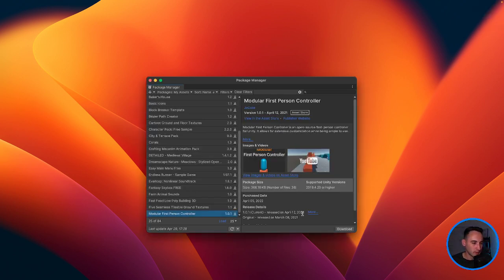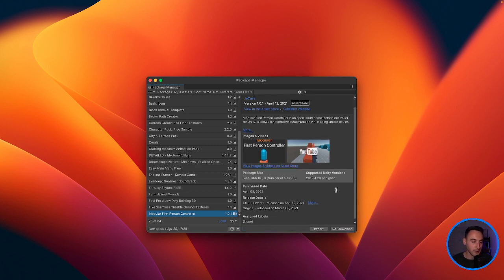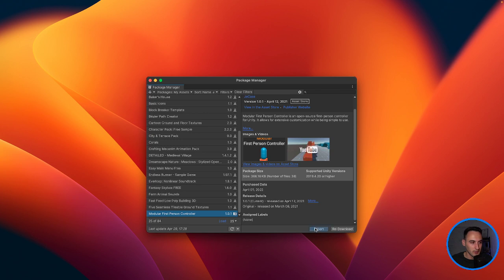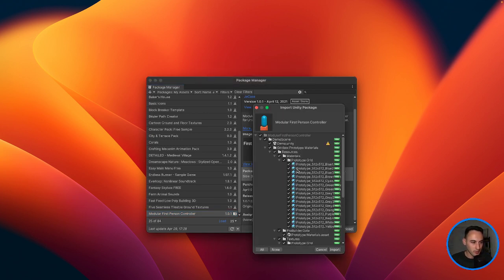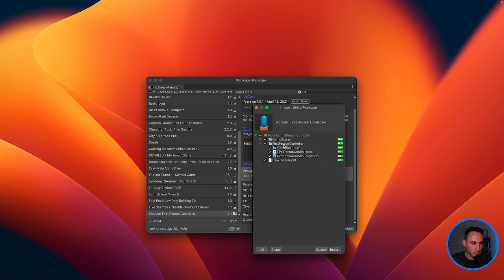So where is it? I think it's this one. So we need to go and download that. It shouldn't be too big, I don't think. I guess not. So that's downloaded. Now we can go and import it. So what do we want? Okay, so first person controller,